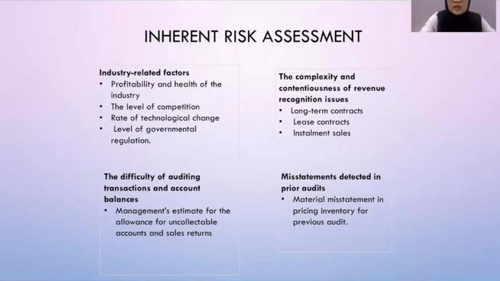The first one is industry-related factors. The industry-related factors can increase the potential for misstatement to occur in the revenue process. So these are some of the examples of the industry-related factors. The first one is profitability and health of the industry. If the industry that the entity operates in is in bad condition, then it will also affect the